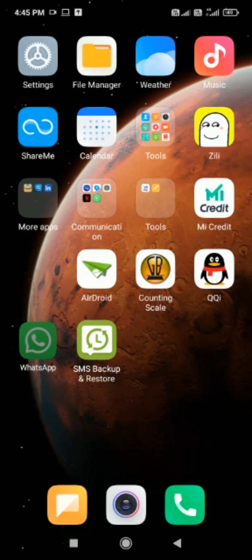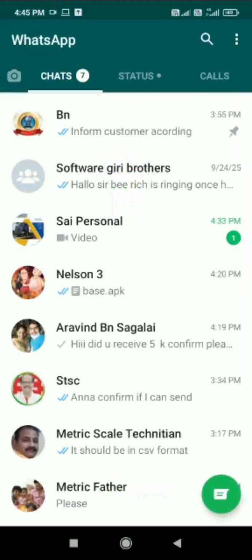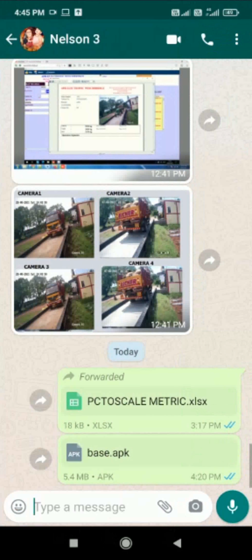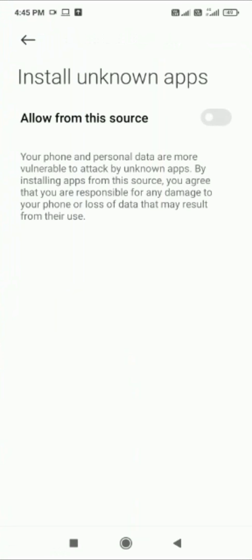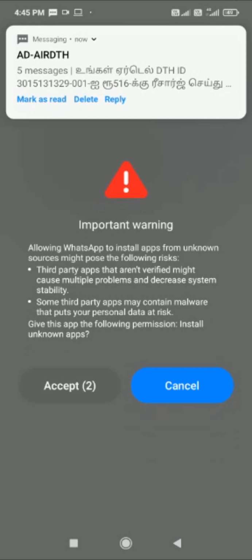Now open WhatsApp, download the APK, allow from the source, accept.